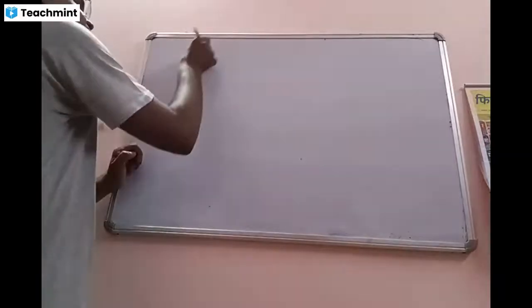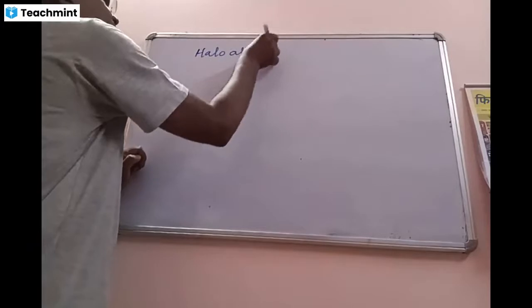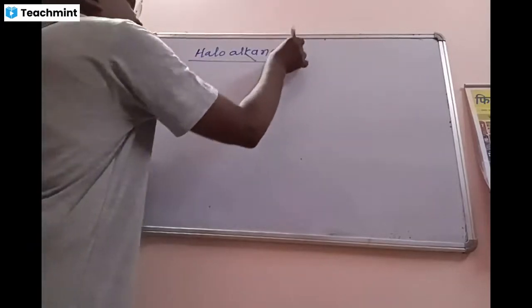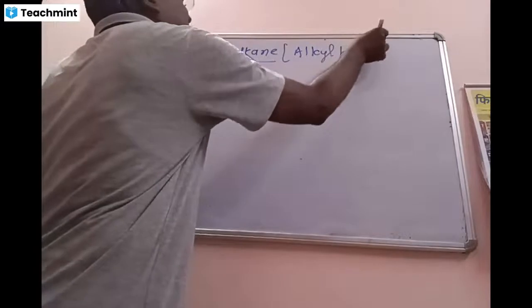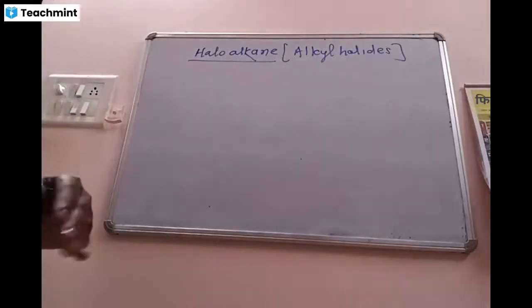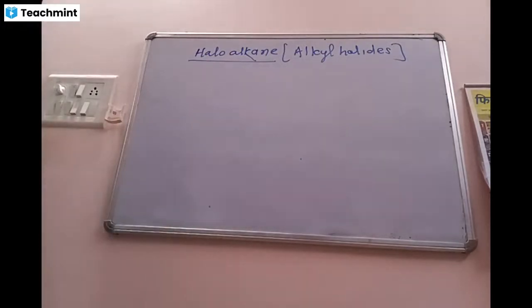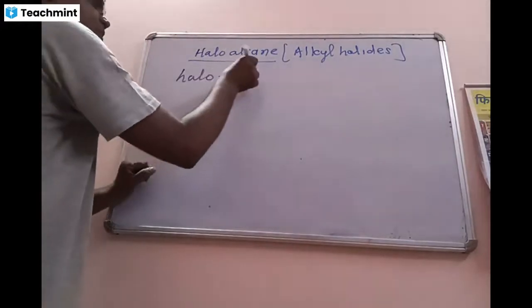Okay. Commonly, they are known as alkyl halides. And in IUPAC, they are called haloalkanes. Halo means, you may write